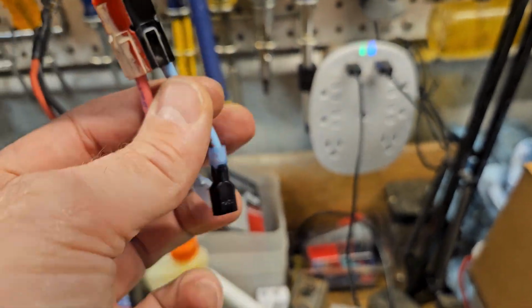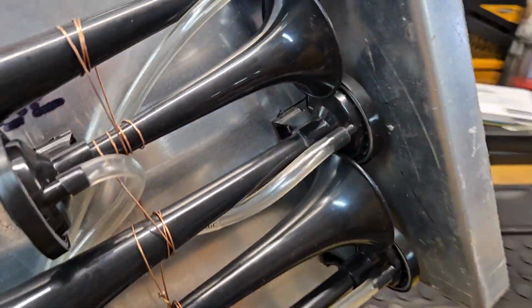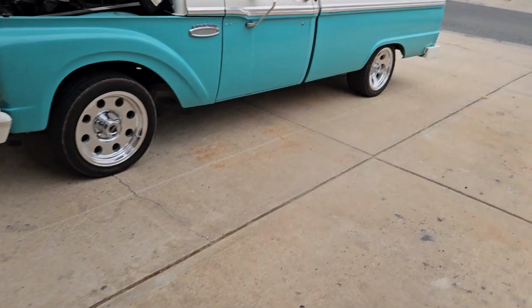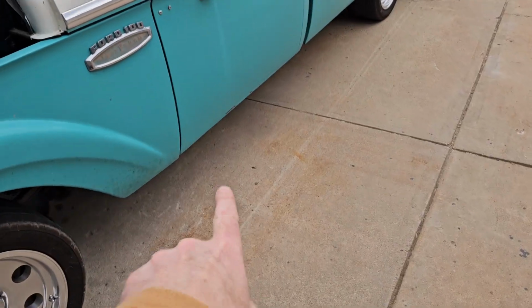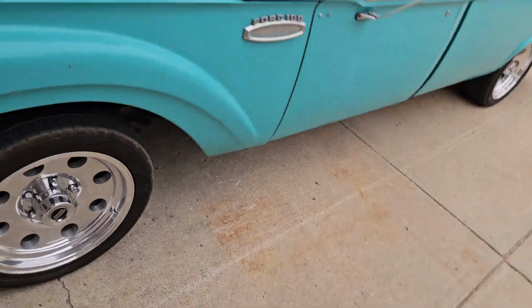This is what I tested it with on my little test jig right there. Again, nice and loud. This is going to go underneath the truck at some point. And it's probably going to go underneath the driver's seat is where I'm thinking I'm going to put it. I'm not going to do it now